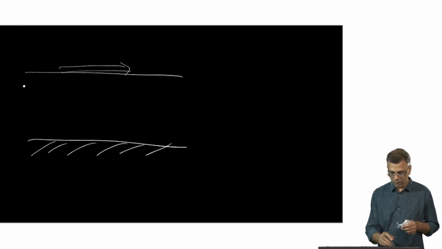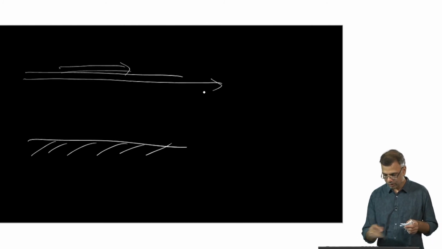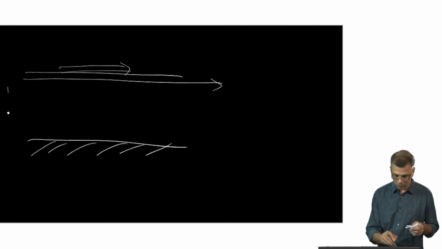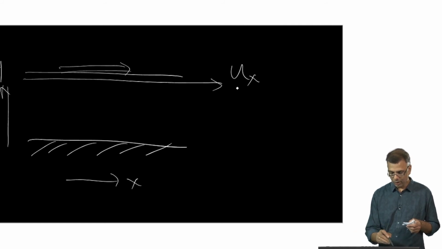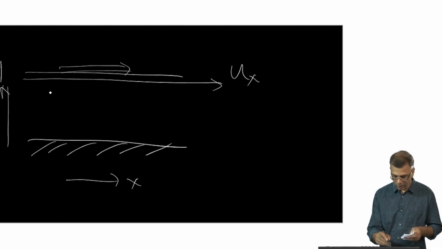What would happen is, if you apply a force on the top surface, you can think of the top surface flowing with some kind of velocity. Suppose this was the y coordinate and this is the x coordinate, and you have an x-directed velocity like that. So the top surface would flow fastest, and you can think of the next layer flowing,